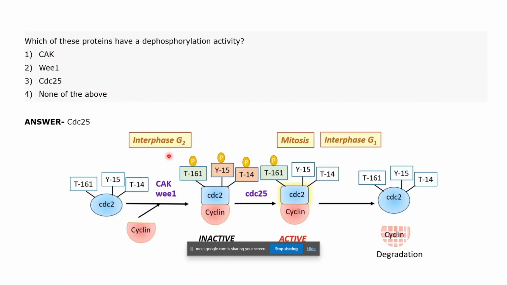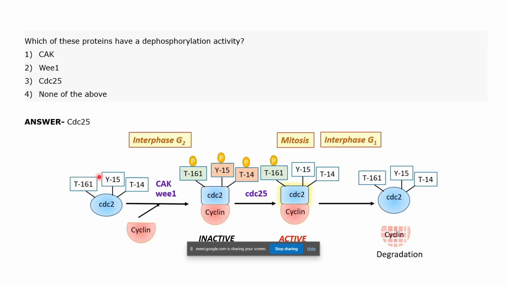CAK, or cyclin activating kinase, and V1 kinase, they are both kinases, meaning that they have a phosphorylating activity, while CDC25 is a dephosphorylase. From this you can see that this is CDC2, right? So basically, in order to initiate the mitotic phase, CDC2 is important. See, it binds to cyclin B. So CDC2 is a cyclin dependent kinase, and it consists of 3 important